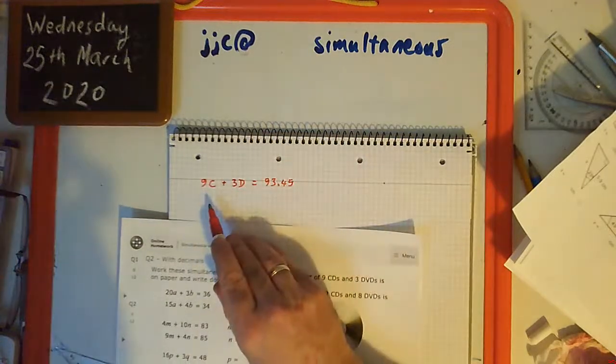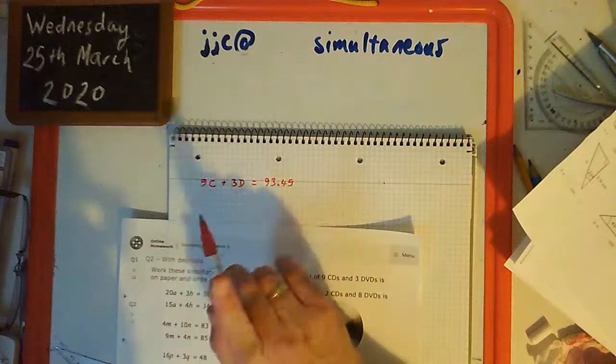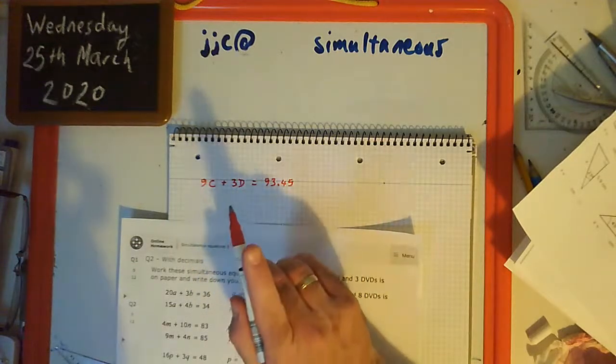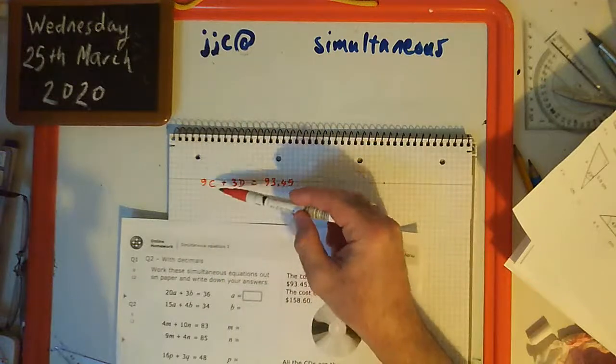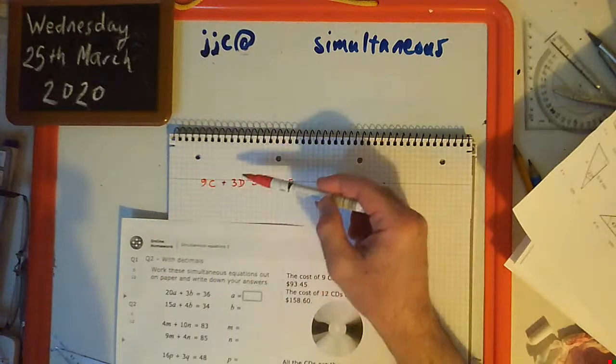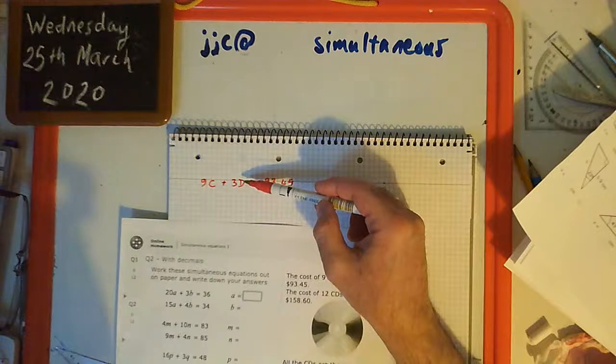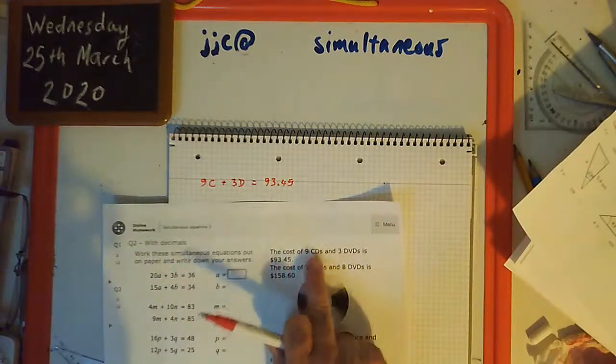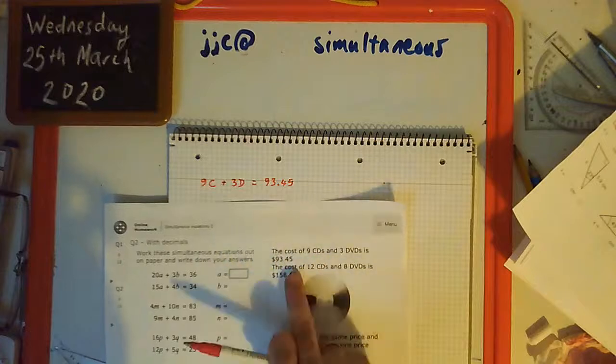So C here is the cost of 1 CD, and D here is the cost of 1 DVD. So 9 times the cost of a CD plus 3 times the cost of a DVD gives you 93.45, because 9 CDs and 3 DVDs costs